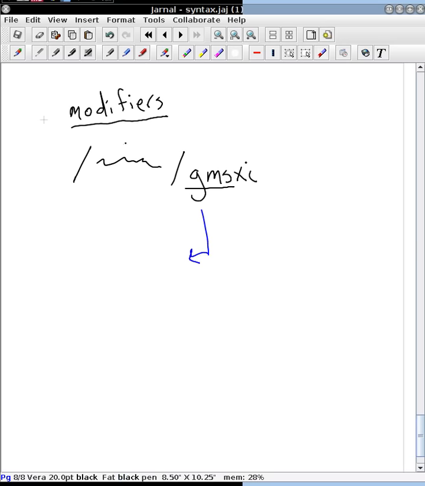It is known as the global modifier. What that means is if you've got some regular expression pattern that you're looking for, the global modifier says that not only do I want to find this pattern somewhere in the string, but I want to find every instance of that pattern. So let's say you've got some input that has multiple values. Let's say we go back to our email addresses. We've got a bunch of